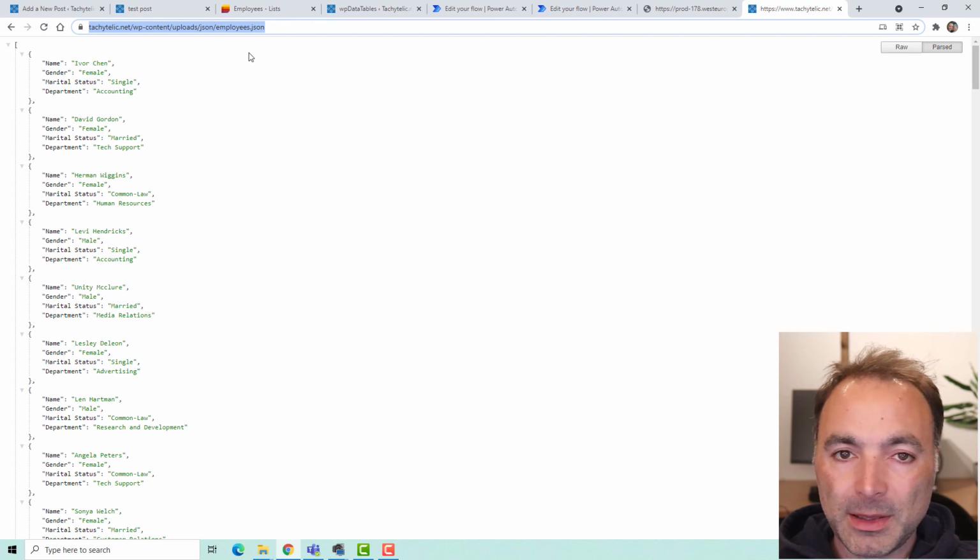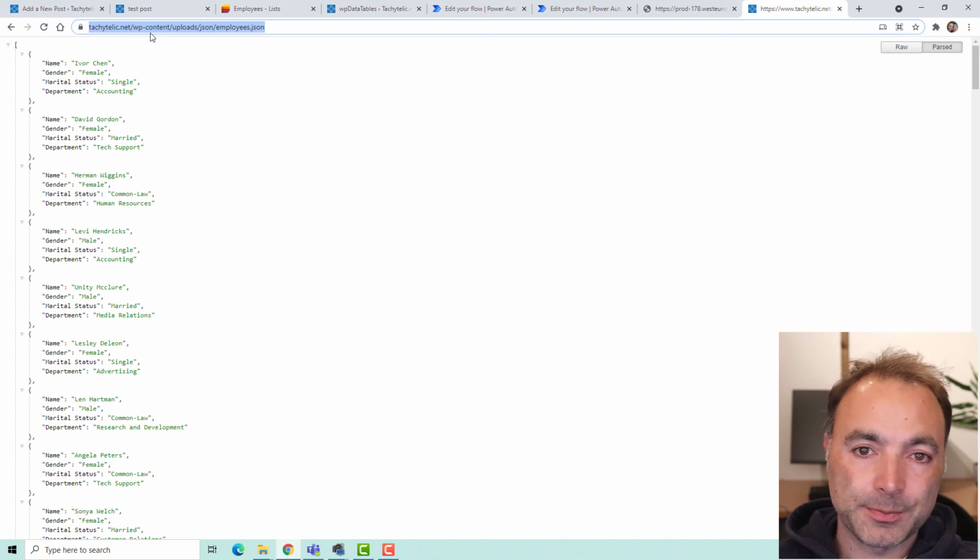So both methods are valid. I think I kind of prefer this method where you SFTP, copy the file via SSH to the web server. That won't be an option for everybody because not everyone will have SSH access to their WordPress installation, but generally speaking, a lot of people will.